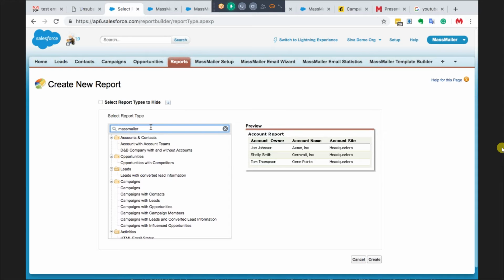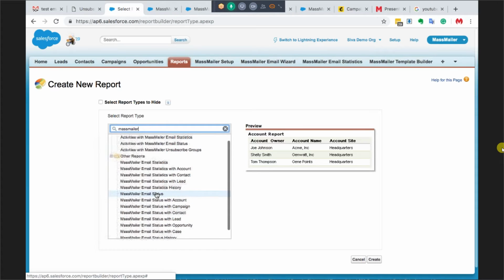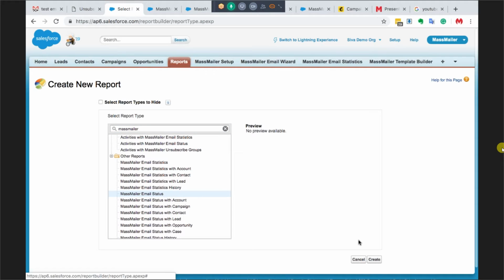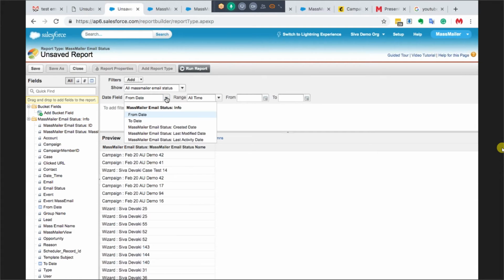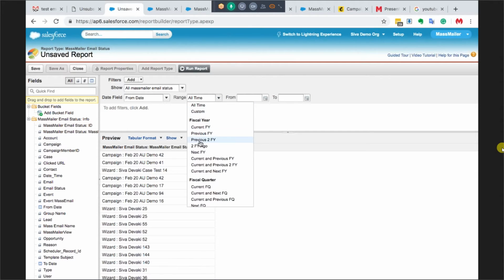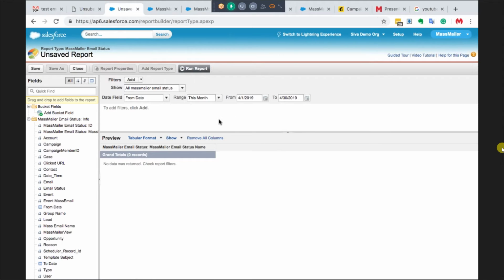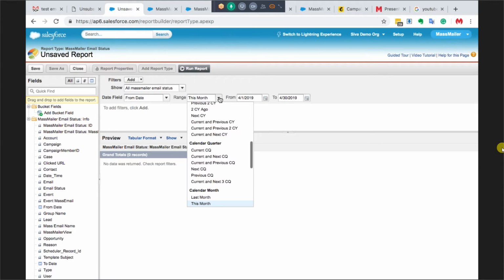So MassMailer email status. Okay, let's just say you want to report only on MassMailer email status, which is nothing but the event. And you say, I want to report on all, and then you say, hey, I want to see the date for the current month or something. This is year, quarter, say this month, right? And you get to see all the events. Let's do last month maybe. Last month, and